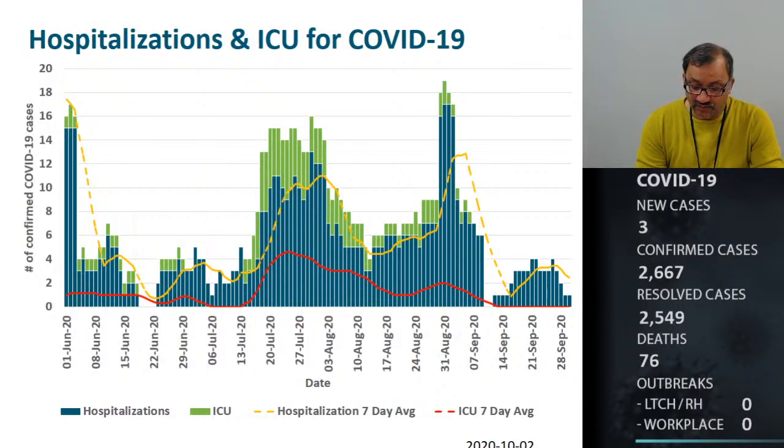This figure shows the number of COVID-19 hospitalizations and patients in the ICU on any given day. It can include both new patients and existing patients with COVID-19. Cases in the ICU have remained low for a while. In the past 2 weeks, this number has been 0. The red line indicates the 7-day moving average in the ICU, showing a decrease to 0 as well in the last 7 days.